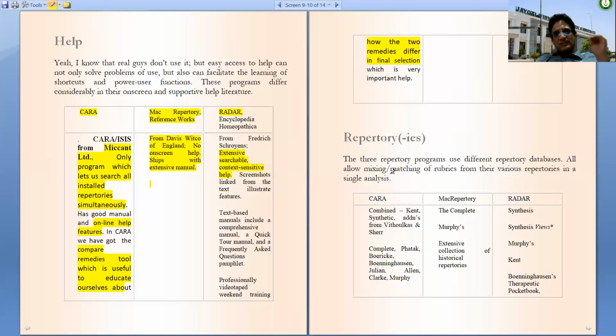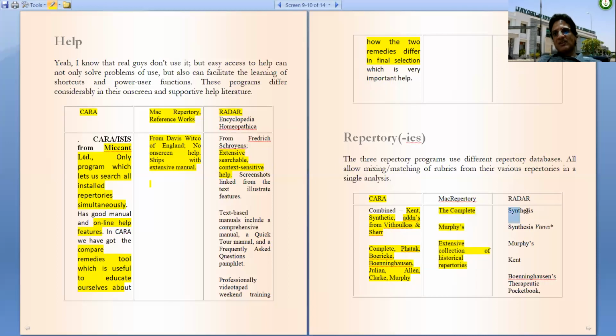Now the repertories these softwares contain. Kara repertory has Kent's repertory, Synthetic repertory, and additions from Vithoulkas and Jeremy Sherr. It has Complete repertory, Phatak's repertory, Boericke repertory, Boenninghausen repertory, Julian's data, Allen's, Clarke's, Murphy repertory, whereas the MacRepertory contains the Complete repertory, Murphy's repertory, and an extensive collection of historical repertories.